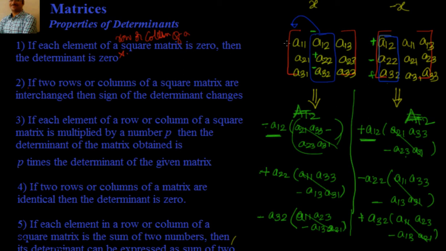That means if initially it is plus, for one change it becomes minus, one more it becomes again positive, one more it becomes negative, one more again it becomes positive. So I hope we have done a lot on that. Just remember that, and you can see that also. Actually you can take an example. You can take any problem like 1 1 1, 2 2 2, 3 3 3, something like that, and you can just flip them and you can see whether the determinant value is changing or not. We will go through the next property.